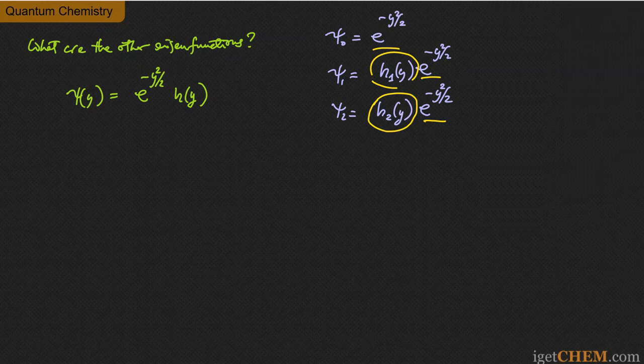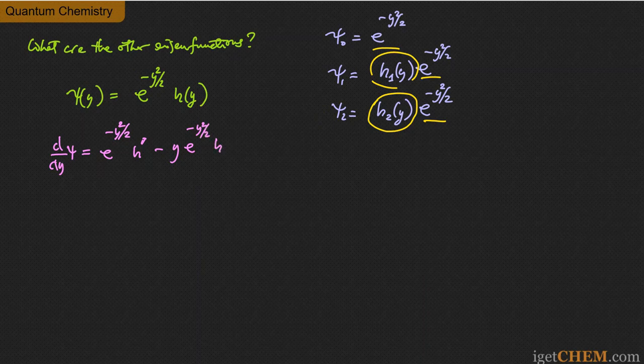So again, to solve the Schrodinger's equation, we need the second derivative of psi. So let's do that. d psi dy. If you take this, again using the product rule, the first term will give me this multiplied by h prime. And then the second term will give me, as we have seen, the derivative of the Gaussian is minus y times the Gaussian itself. So minus y